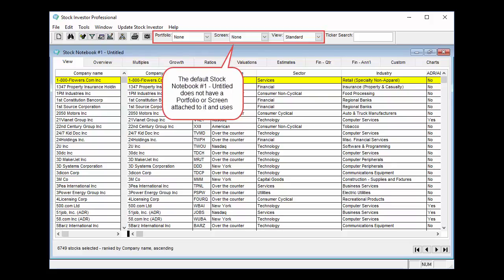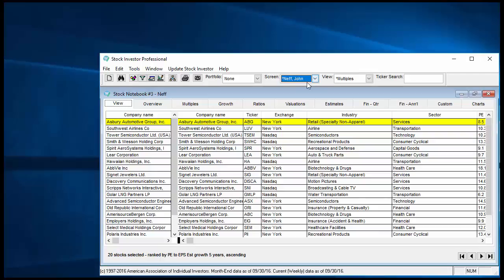As we mentioned earlier, by default, when the program opens, the stock notebook is loaded with no portfolio, no screen, and the default standard view, which is ranked in ascending order by company name. With this time-saving feature, users can specify a portfolio, screen, view, and ranking order that the program opens by default. Once the format of the desired default notebook is specified,